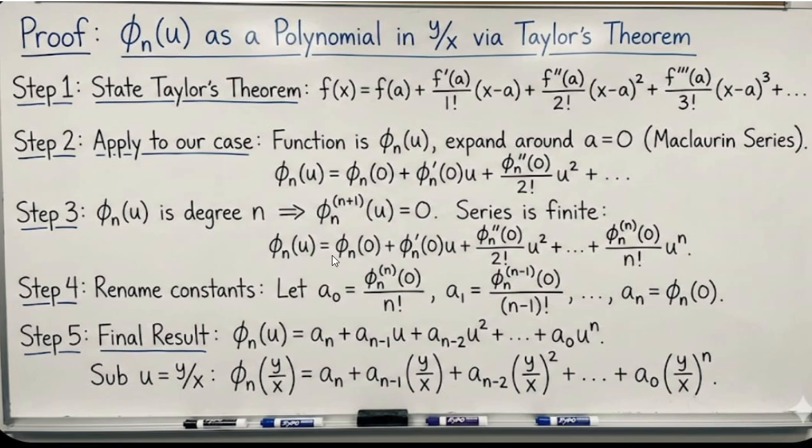The constant term, phi n of 0 divided by n factorial, we call a0, the preceding term is a1, and so on, and the last term is an. If you rearrange it, we get phi n of u like this, and substituting back u equal to y by x, you get this. This is how phi n of y by x can be written like this, the same thing as I told you in